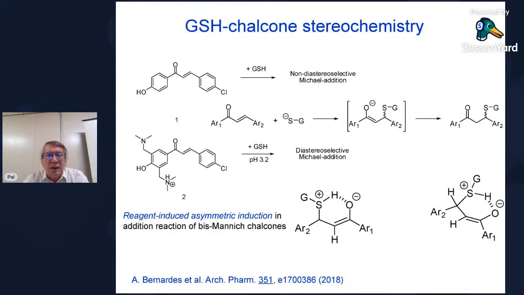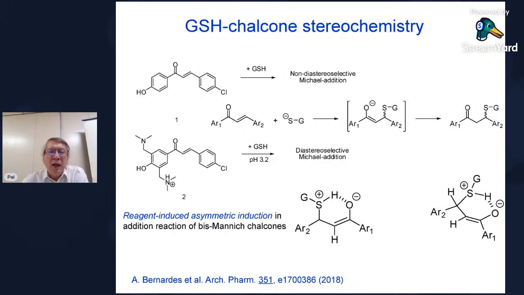We also investigated the glutathione addition onto amine molecules in cooperation with professors from the chemistry department of the Federal University of Goiás, and we, among others, compared the reactivity and stereochemistry of two chalcone compounds. One of them was a simple hydroxylated derivative on the H ring, and its analog, which was the